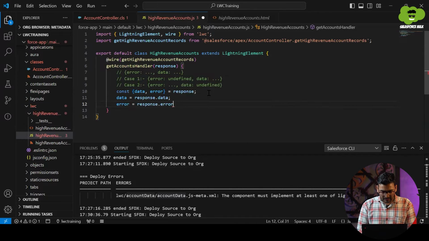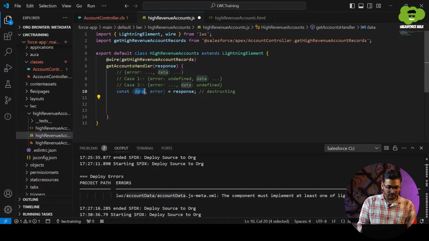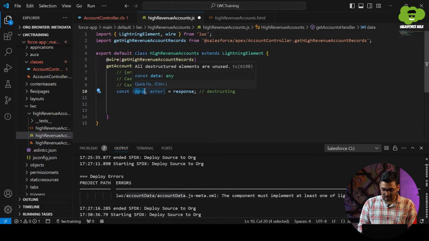So it's similar to that itself, right? So that I have done in a single line. This is called destructuring. So after destructuring, we have two variables, one which is data and second is error.